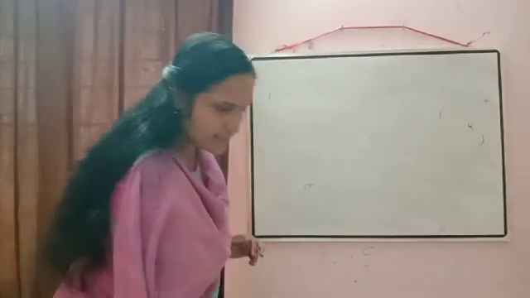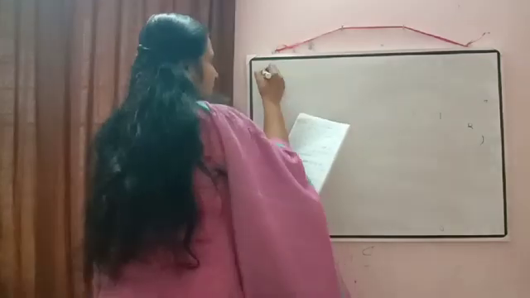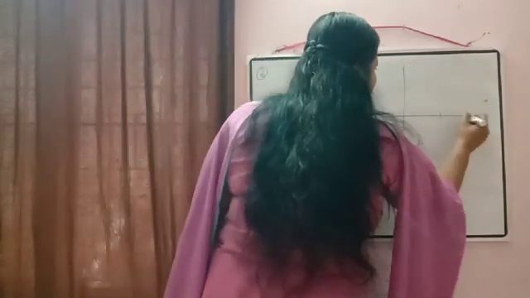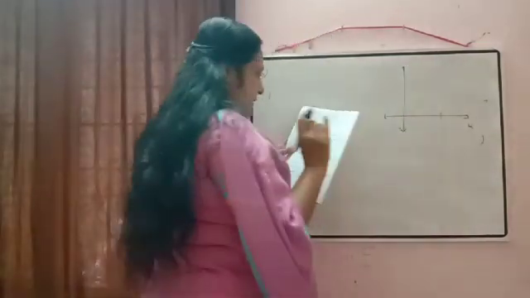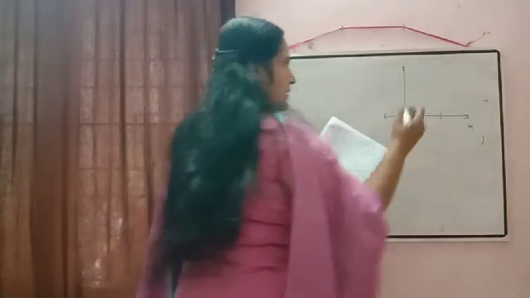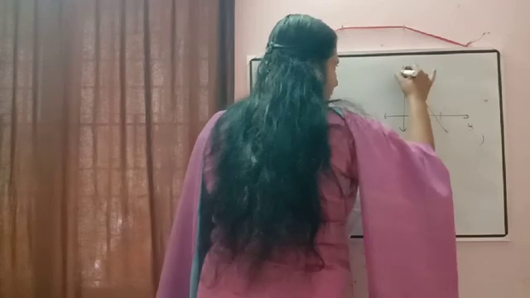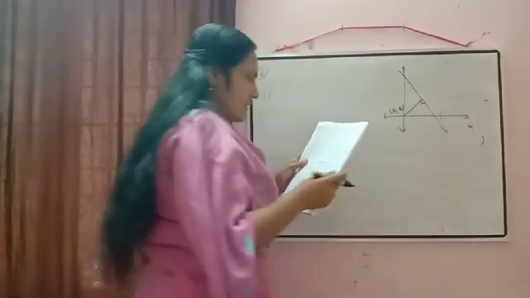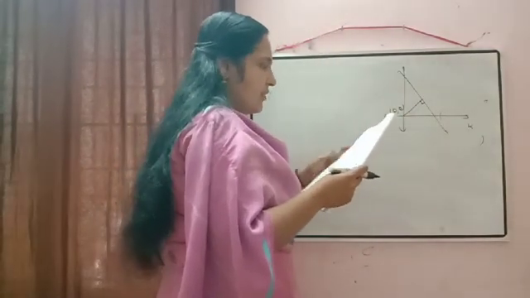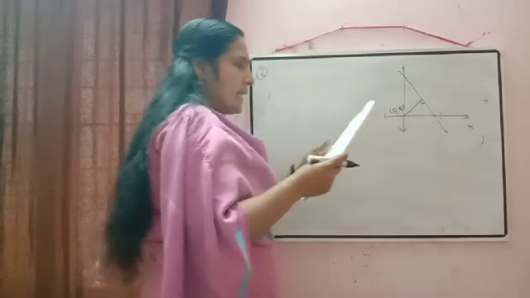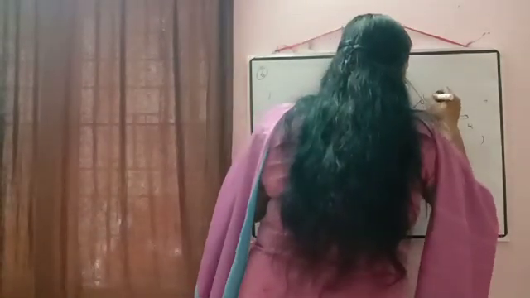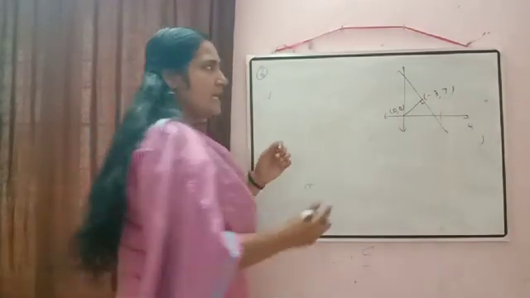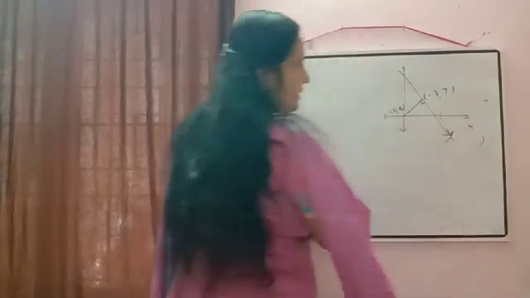In question number 6, it is written, the perpendicular from the origin to a line. Just to draw the diagram there, we have an origin here, so I am drawing the x-axis and y-axis. A line is there, and on that line we are drawing a perpendicular from the origin. The coordinate of the origin is 0, 0. The perpendicular from the origin to a line meets it at the point minus 3, 7. Find the equation of the line. We have to calculate the equation of this line.